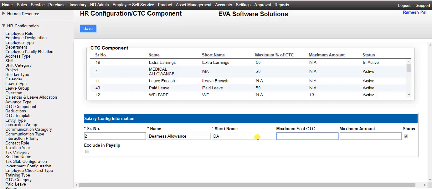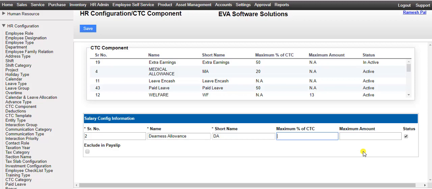For every earning component, you can set an upper limit. Example, suppose I have configured an earning component named as basic, and I have set an upper limit by 80%. So it means when you create a CTC template, the rate amount for that particular earning component should not cross that upper limit. If you try to exceed the amount, then system will give you an alert by highlighting that particular component in red color.